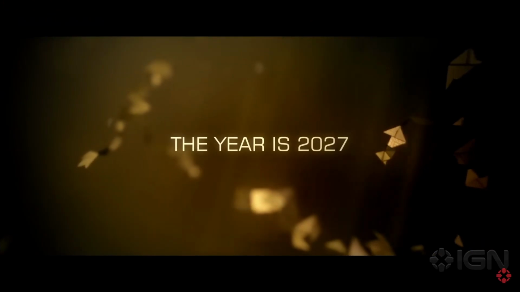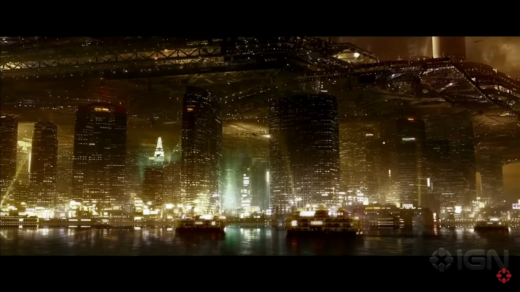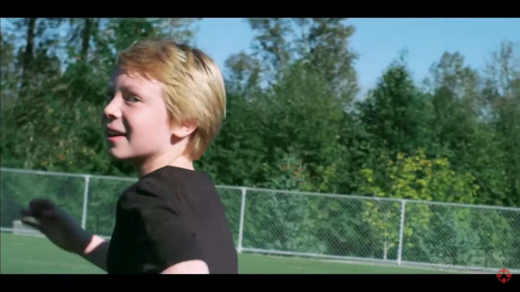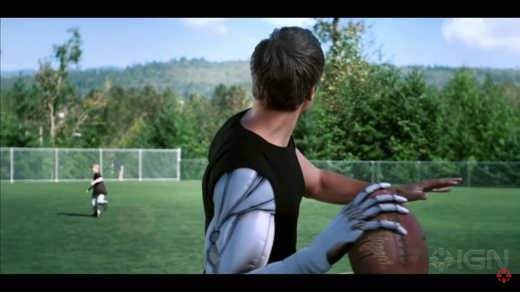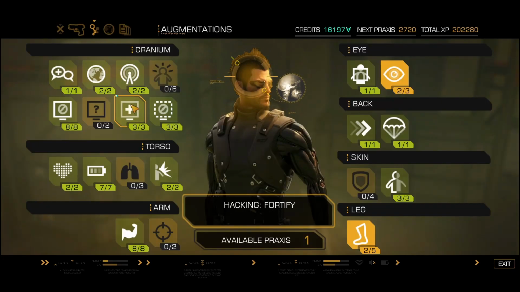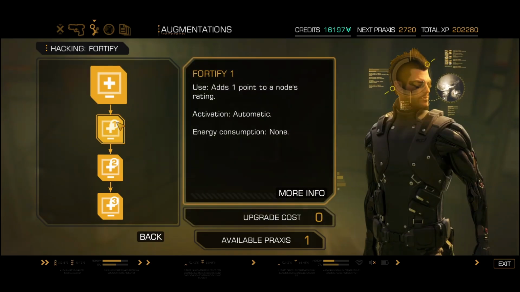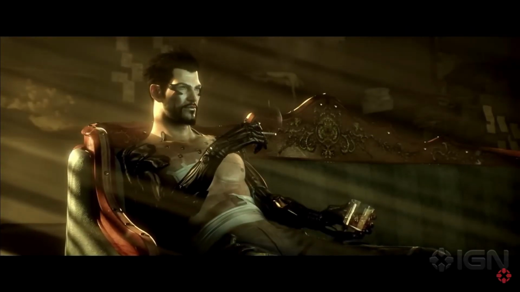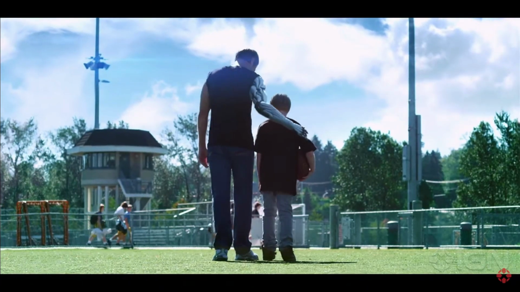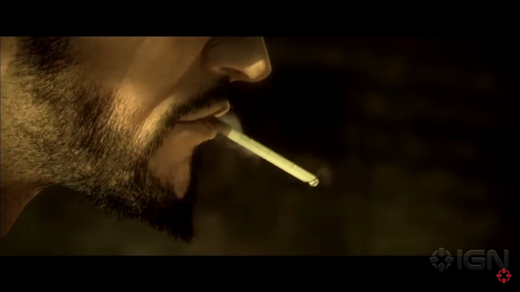The year is 2027. It is a time of great innovation and technological advancement. For the first time in human history, thanks to the miracle of augmentation technology, people are able to surpass the limits of the human body. Cybernetics, pharmaceuticals, and nanotechnological implants have basically paved the way for the human 2.0 to emerge. Cybernetic limbs, eyes, and even organs have given many people a new chance at life, whether by helping maimed veterans or those suffering from crippling